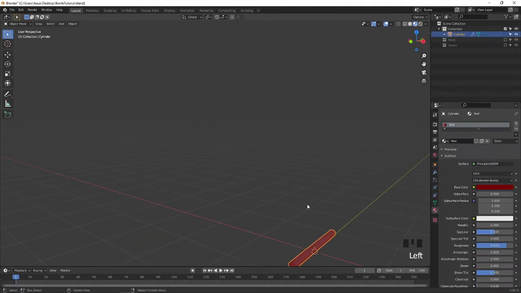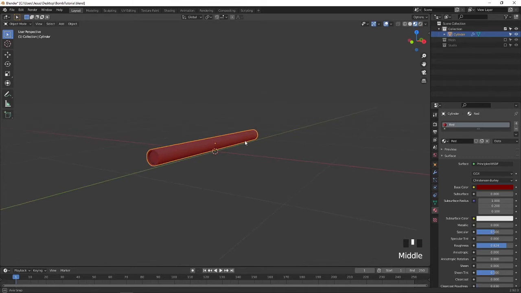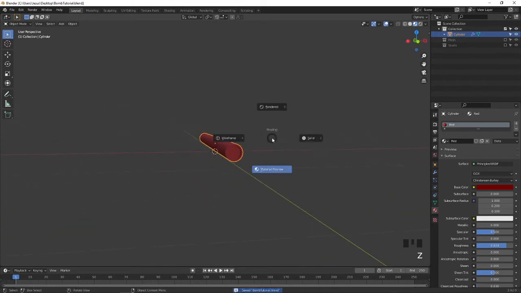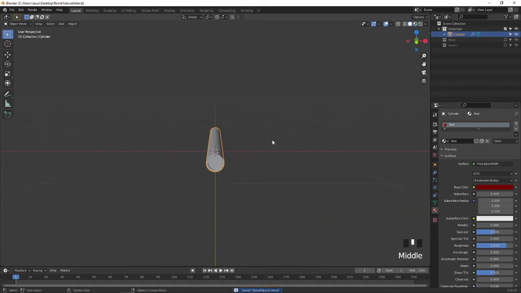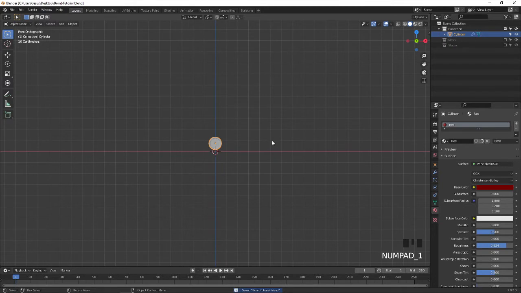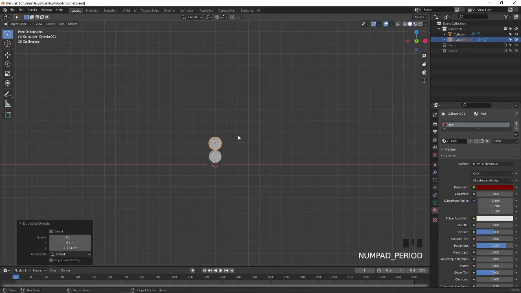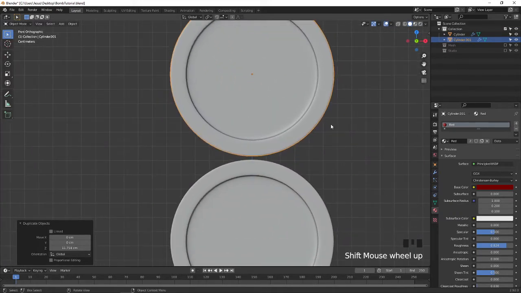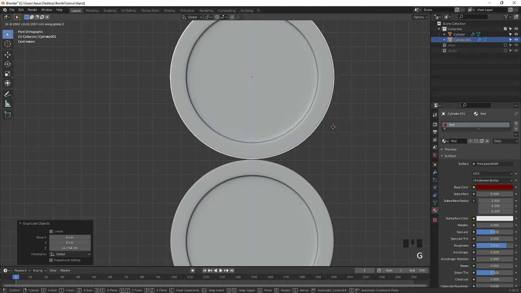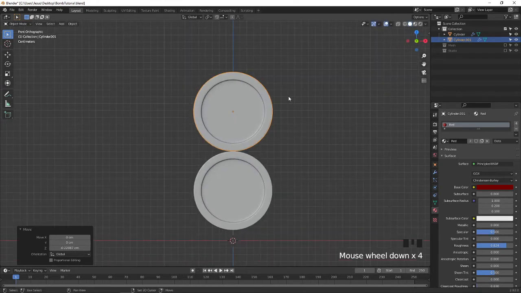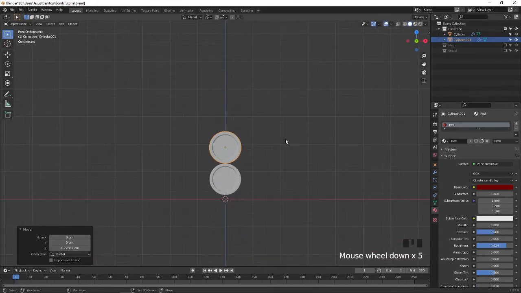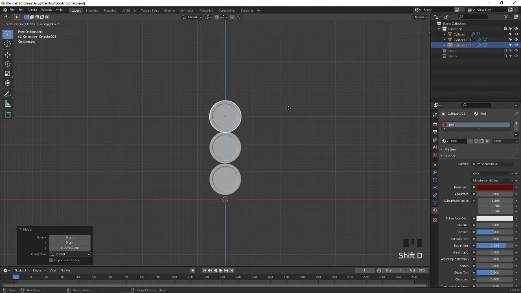Okay, let's continue the same. Press 1 on the keyboard to view it and go to the solid view. Okay, let me start doing the other designs. Press Shift D to duplicate on the Z axis. Press the period key and zoom in, and GZ. Okay, you can make it look like a torch, and Shift D on the Z axis.